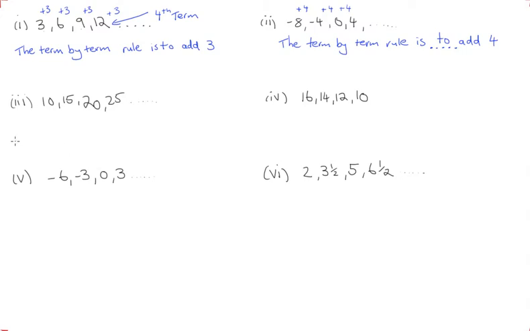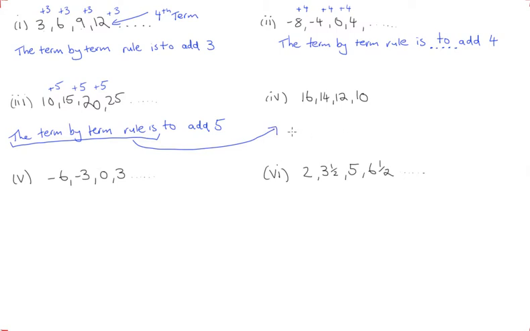So down here, I would say again, the term by term rule is to, let's see what's happening here. Oh, it's adding 5, plus 5, plus 5, plus 5. So the term by term rule is to add 5. And then here, let's have a look. I won't write out this bit. Okay, the term by term rule is, let's just pretend that I've written it here, and I'll just put dots here, is